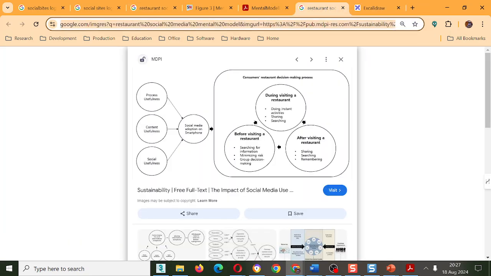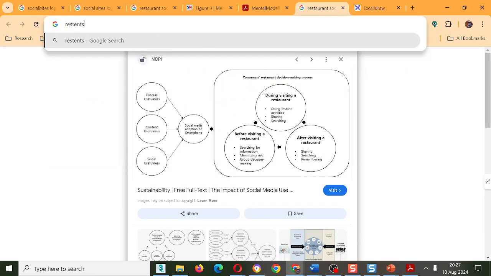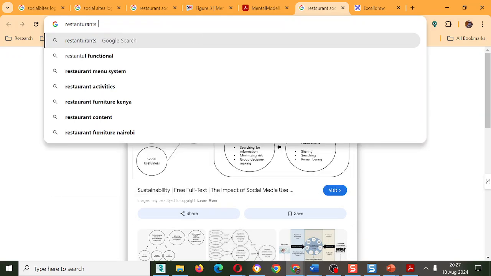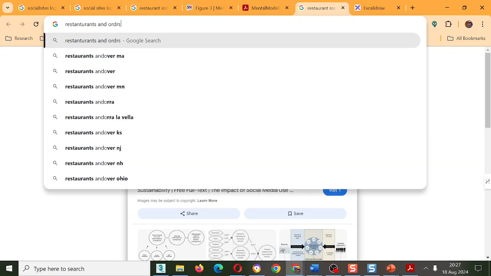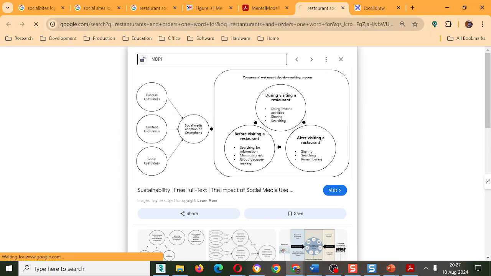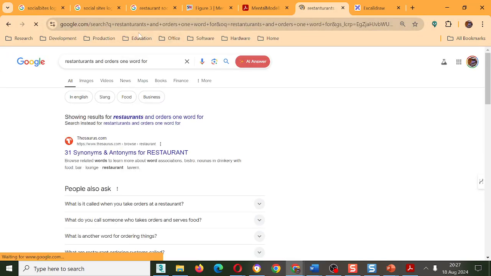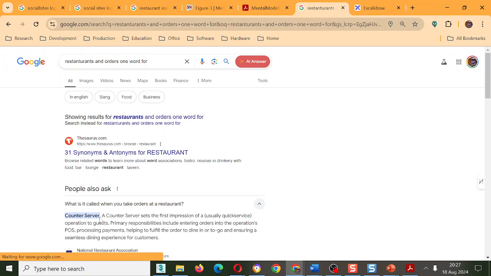You can just type here restaurants, orders, and I want one word for them. So let's see. Synonyms, what do you call orders? Counter server, yeah. So let me just call it counter server.